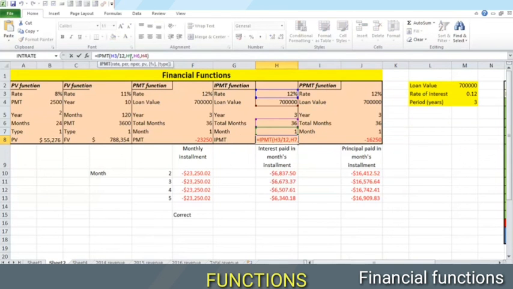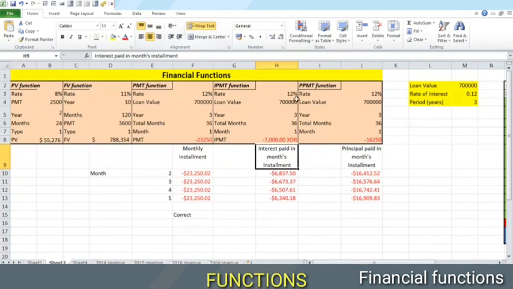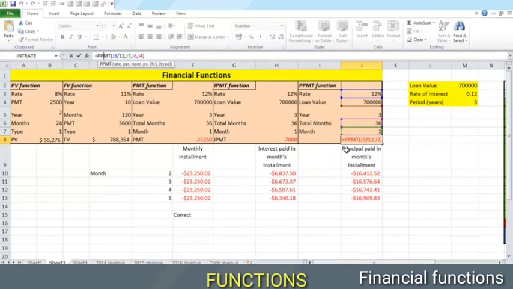That is here, rate, the period being considered, the total number of periods till the end of the loan. And here is the principal value, the value of the loan. Similarly, we apply this principal amount within the payment as well. Notably, every monthly installment will be a sum of the interest paid and the principal paid in that installment.